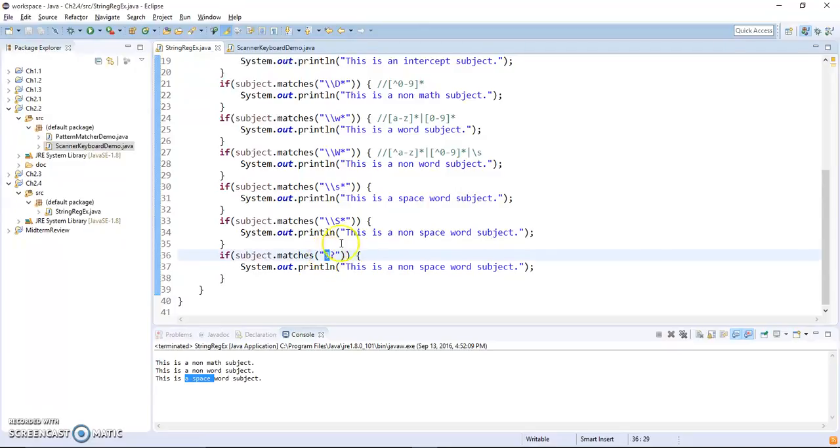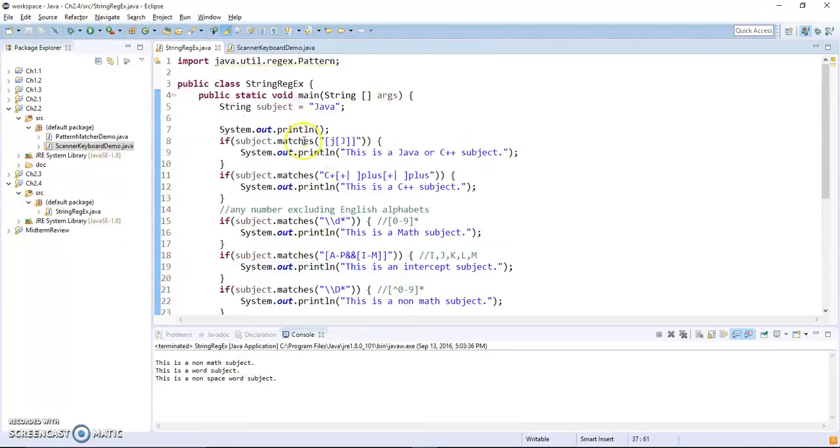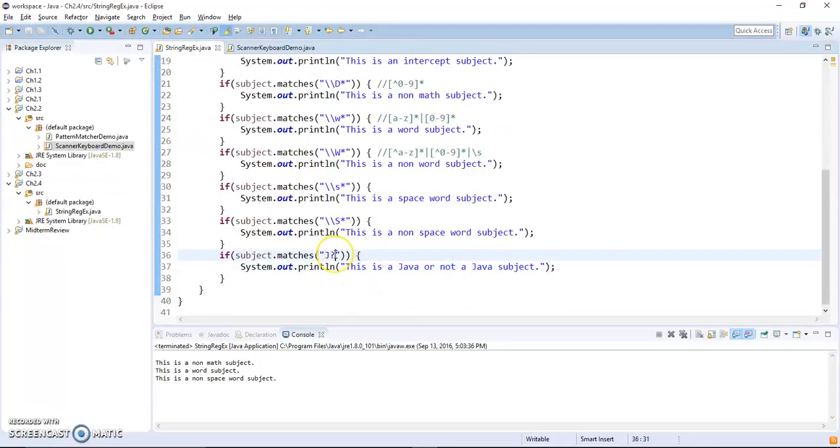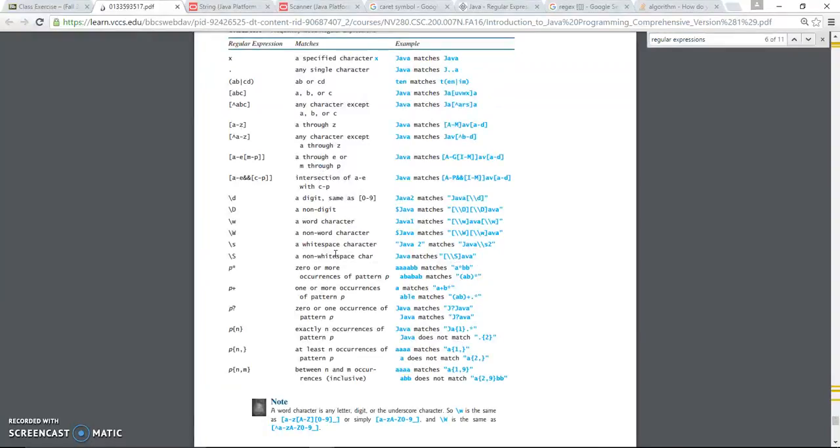I'm looking at one letter Java or none. Is this a Java or not? So this is just one letter, so we're going to say